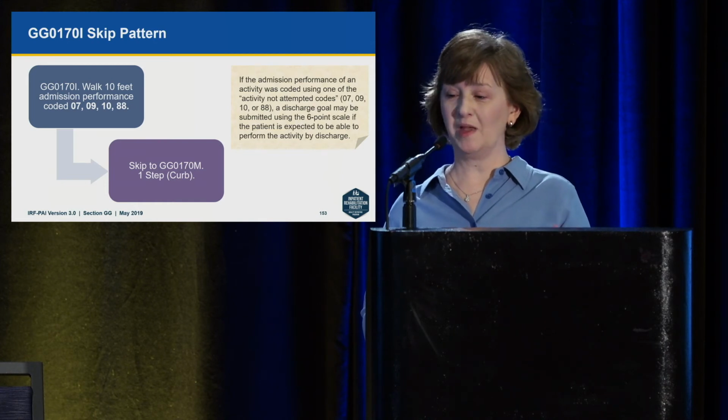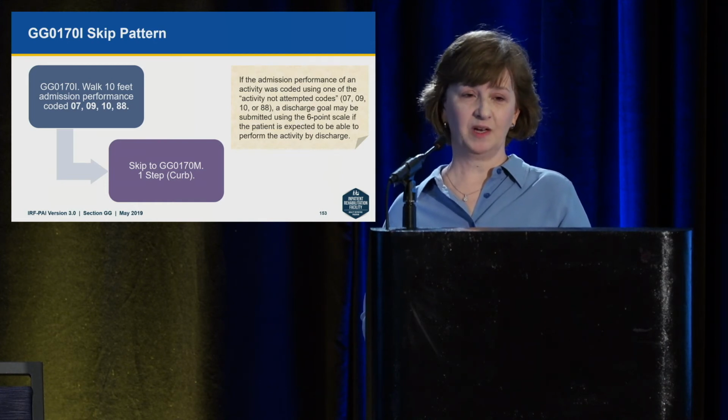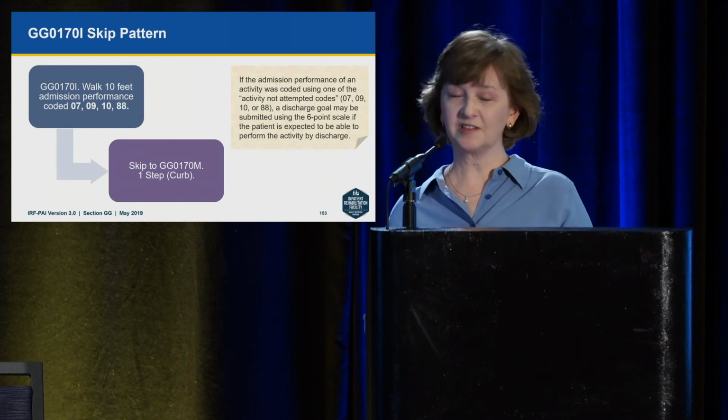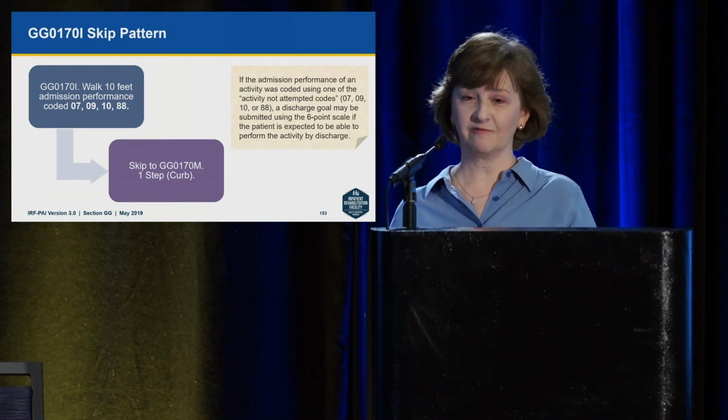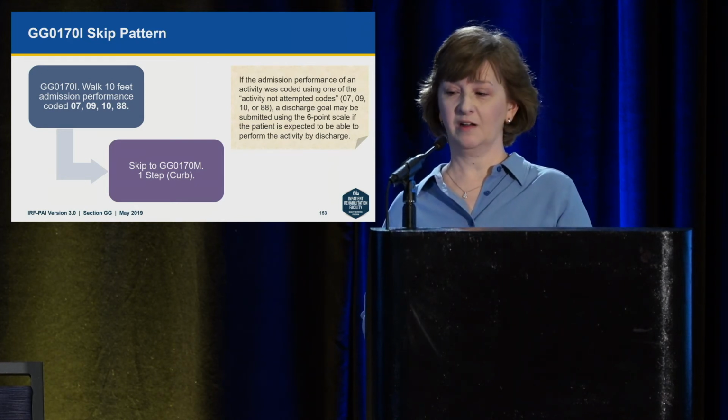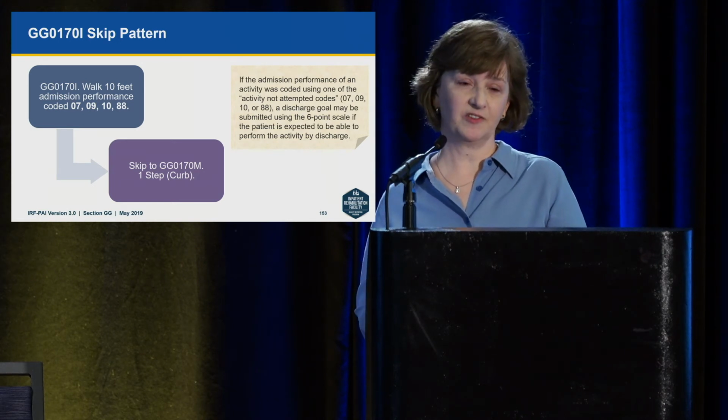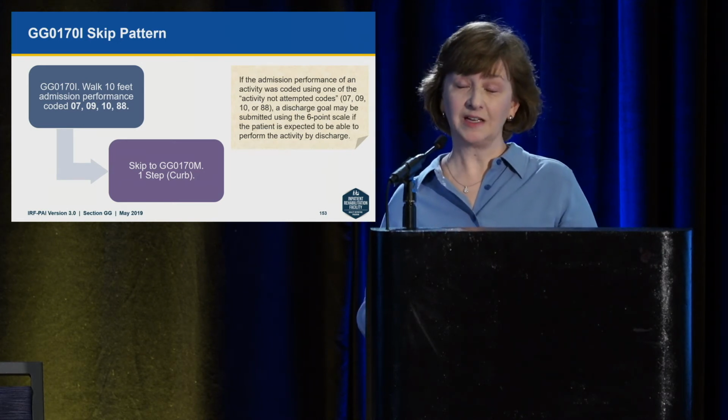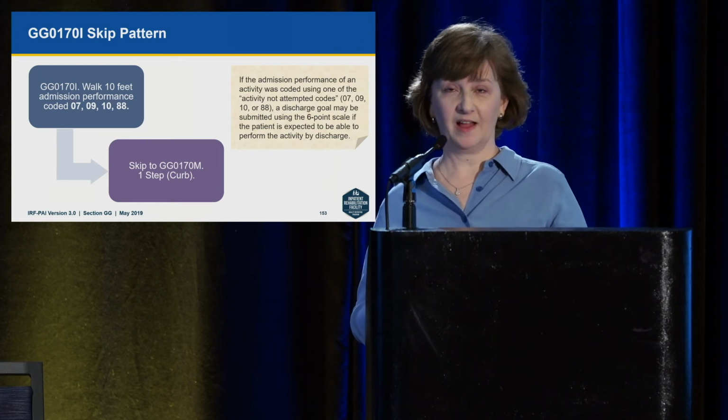So for example, you may have an individual who had a spinal cord injury 10 years ago, been using a wheelchair to mobilize, and is admitted to your facility, so they did not walk prior to the current event